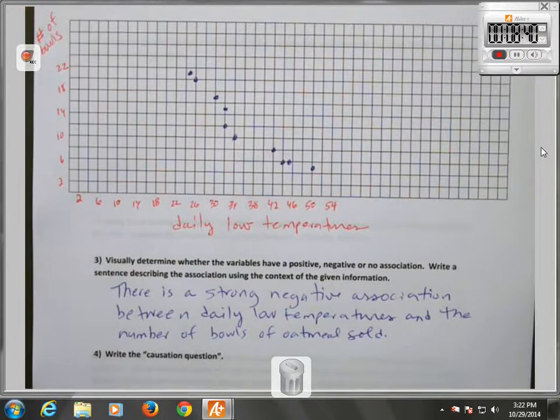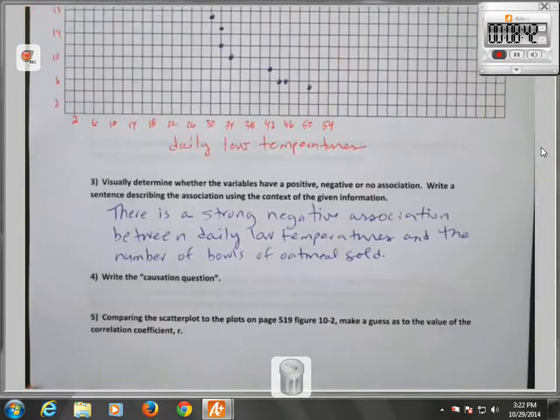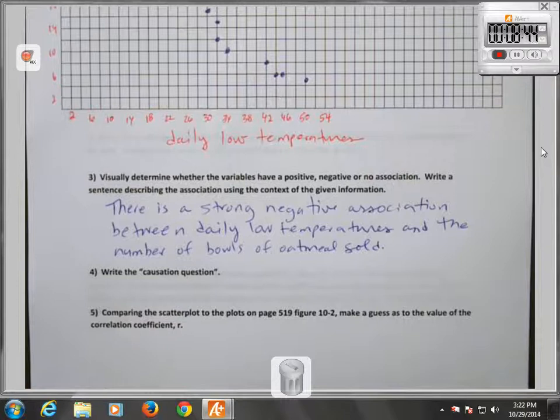Okay. The next one is we are going to write a causation question. Now, I will warn you that sometimes the causation question makes no sense, and sometimes you clearly know what the answer is to your causation question. But our job is going to be to figure out what that question is, and then provide evidence that supports an answer. So that's why I think it's important to at least have that question in your mind as you're